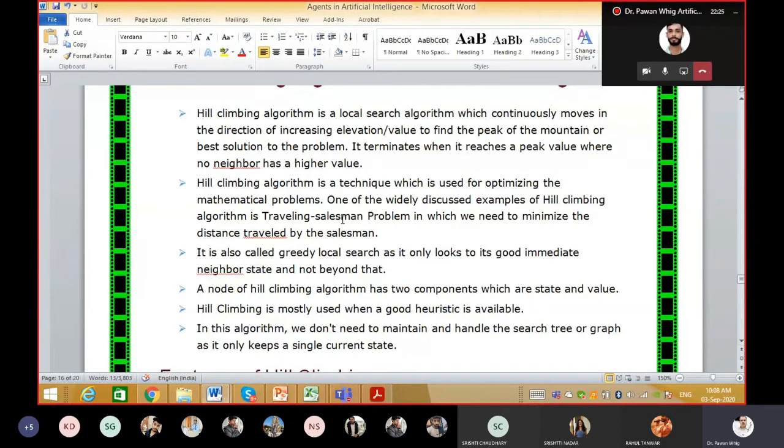So for that, he creates a map before starting his journey, in such a way that he spends the minimum cost to cover the whole country or the whole states. This is what we call the traveling salesman problem. And he also uses this kind of technique, the hill climbing algorithm, before starting the travel.